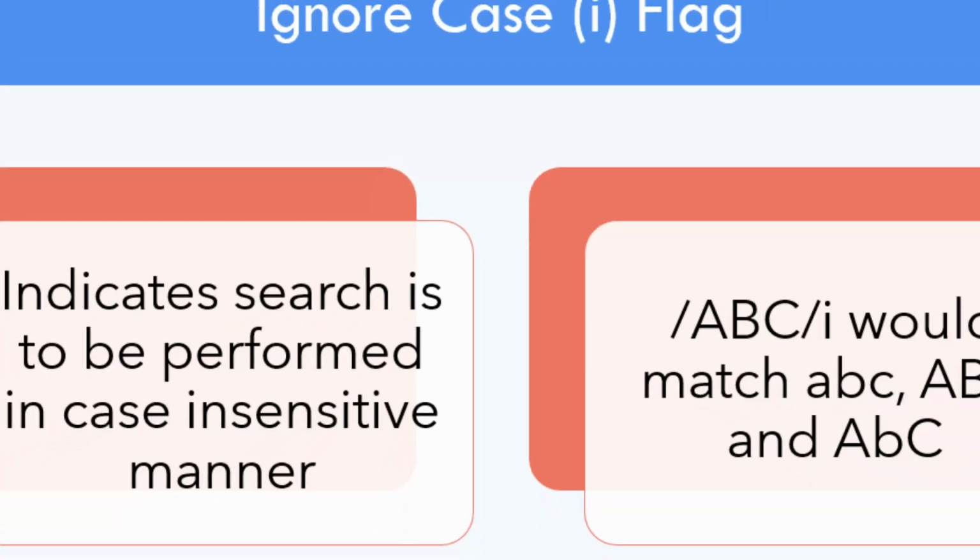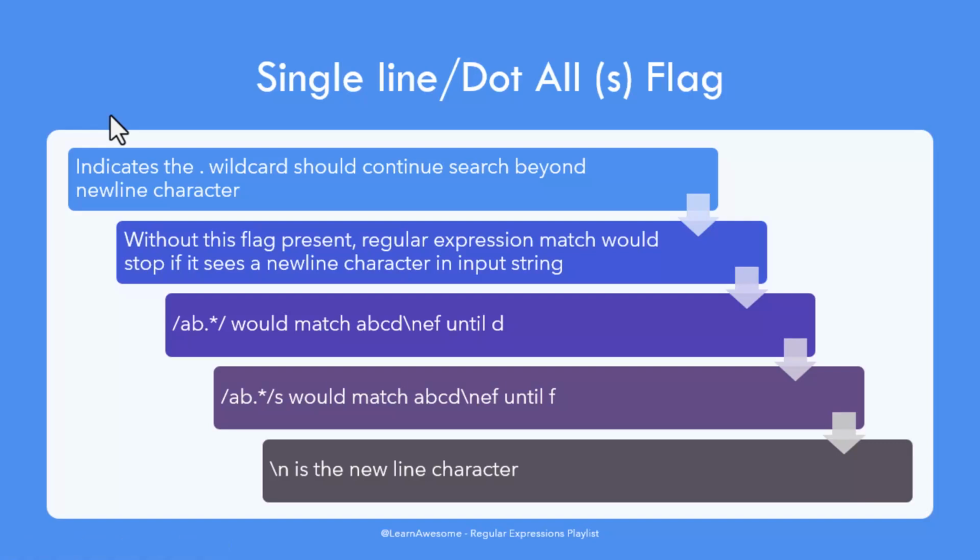Let's go to our next item, which is the single line or dotall flag. This one indicates that the dot wildcard should continue searching beyond the new line character. If you recall from earlier videos, dot is the Ultra Pro Max wildcard, which matches any character: alphabet, number, special character, Unicode, anything you throw at it, it's going to match. But if you throw a new line character, it assumes that it has hit a wall and it will stop searching. So let's take this example on the slide and take it to our regex 101 website and